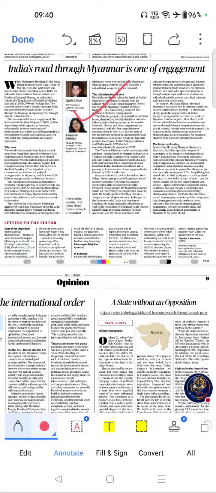India's road through Myanmar is one of engagement. If you see the importance of this article, India-Myanmar relations are a core UPSC IR topic. Act East policy is repeatedly asked in mains. Connectivity projects are important for GS2 and GS3. China factor is highly relevant. Northeast development is linked to Myanmar. Questions have already appeared on